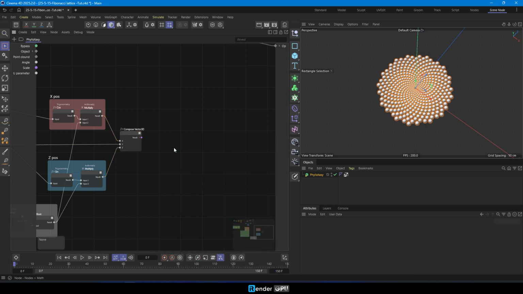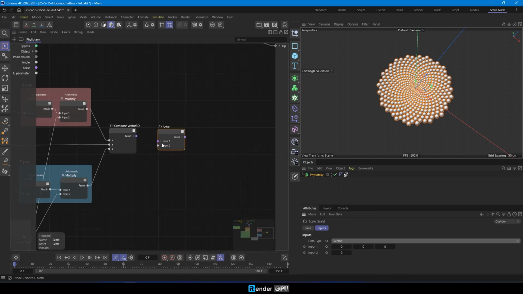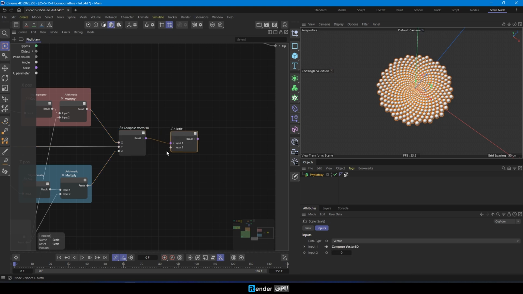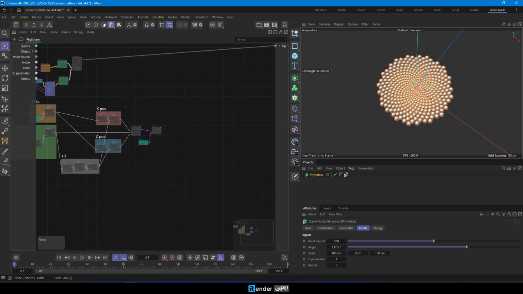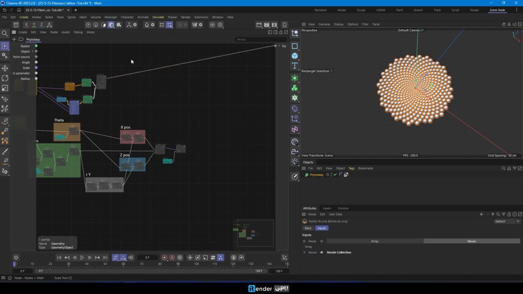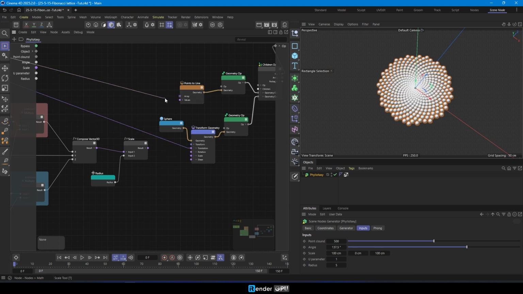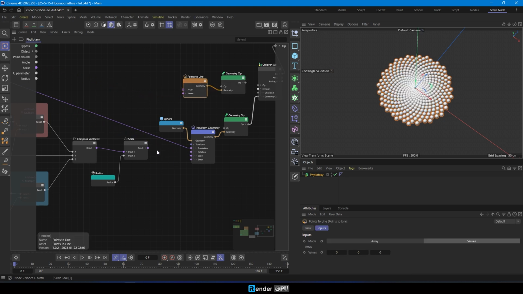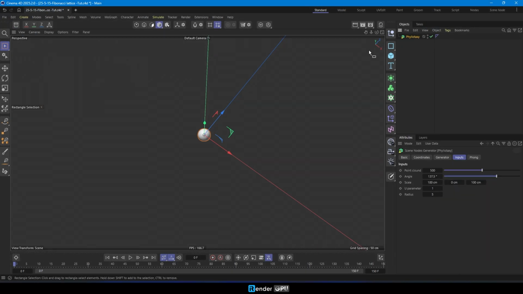Next, use the scale node to control the sphere R. Connect to the transform geometry node to display the results.